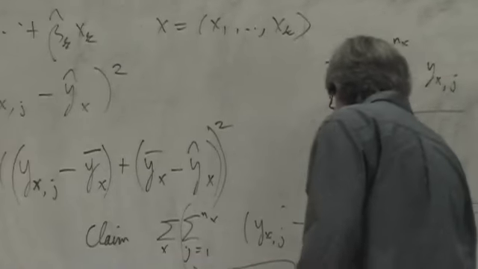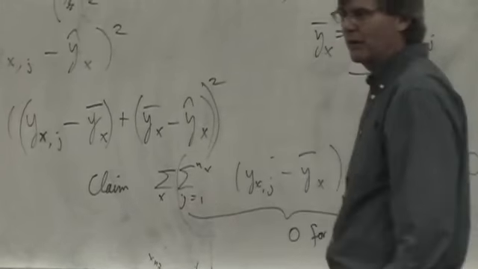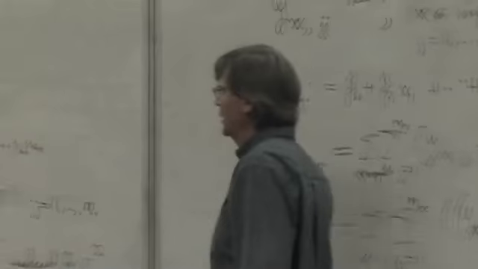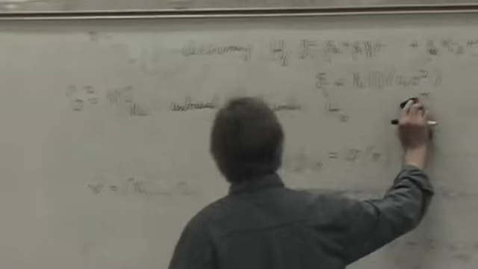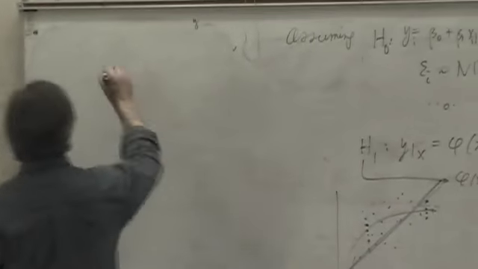So this is 0 for every j. Excuse me, for each x. Okay, for each input factor. So the cross product term is indeed 0, and so therefore I get what I wanted. So therefore I obtain